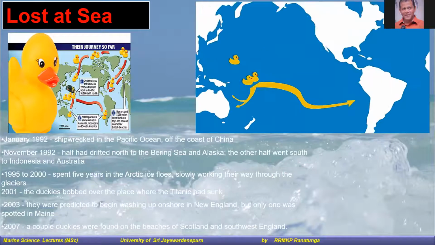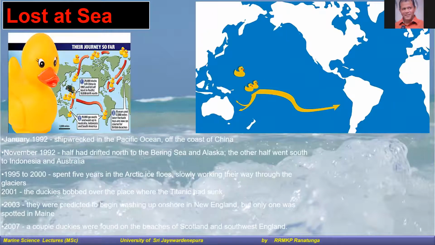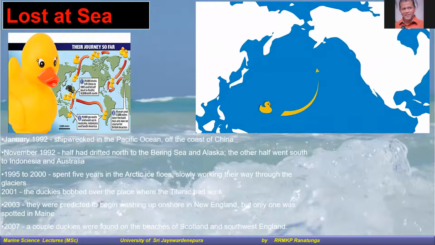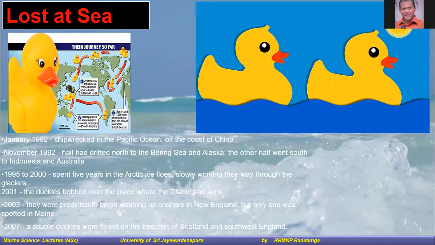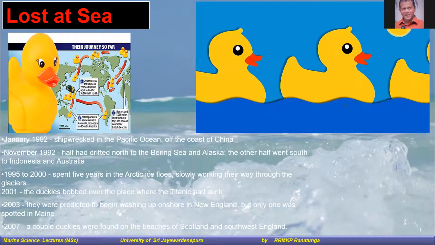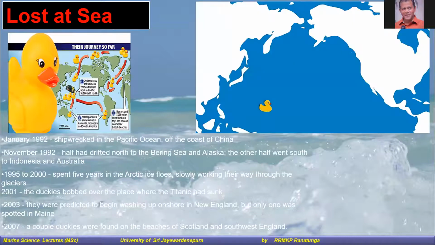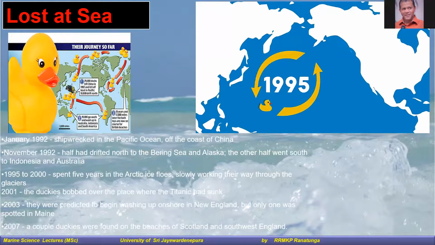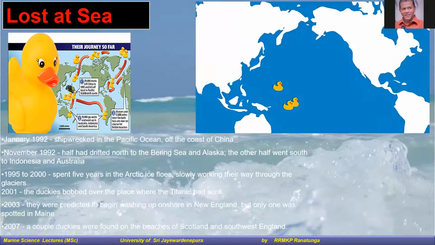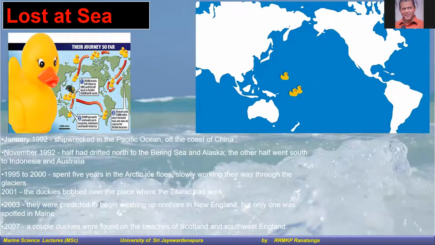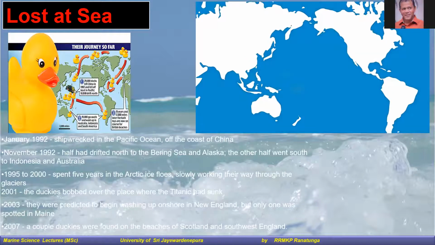The other 10,000 friendly floaties had other plans and went to the north. 32,000 kilometers from their starting point, the ducks were bobbing along Alaska and back around. It took them 3 years to reach the place where they fell overboard, which was very interesting for oceanographers. By following the plastic ducks, they learned a lot about the ocean currents.